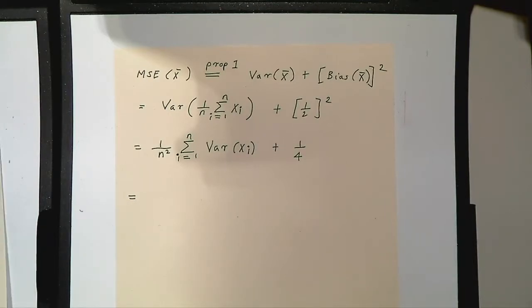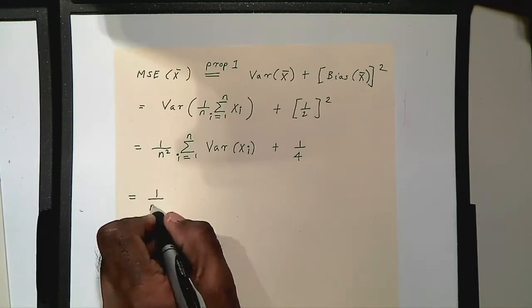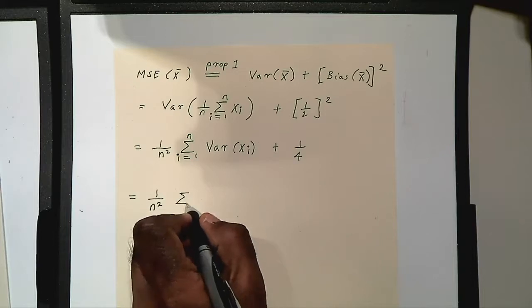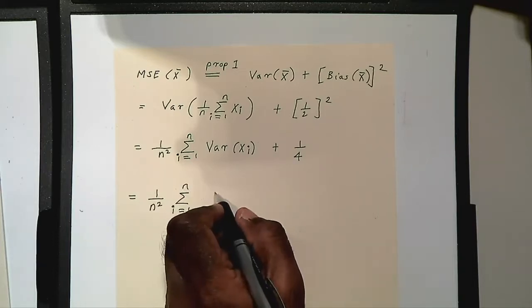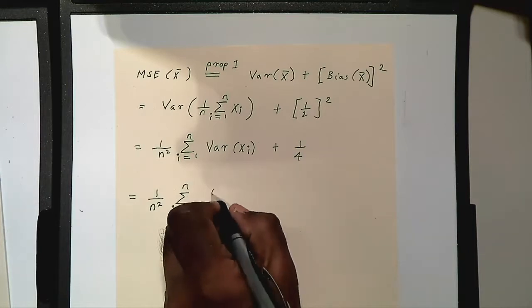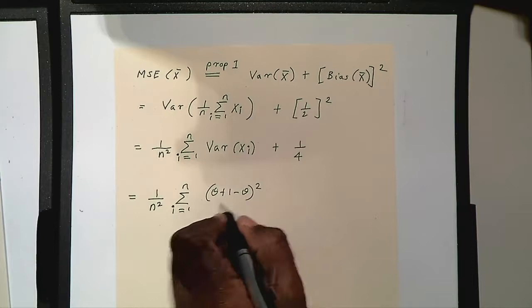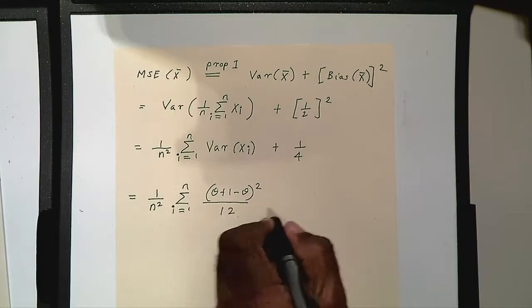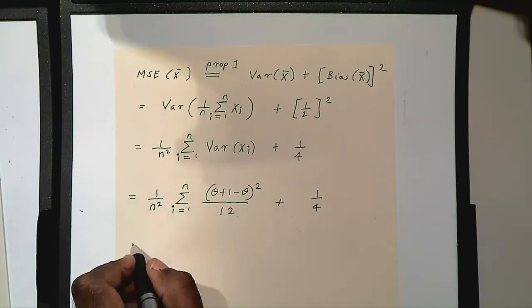We have uniform from theta to theta plus 1. All right, so it's b minus a squared divided by 12, which is theta plus 1 minus theta squared over 12, okay, so this will be